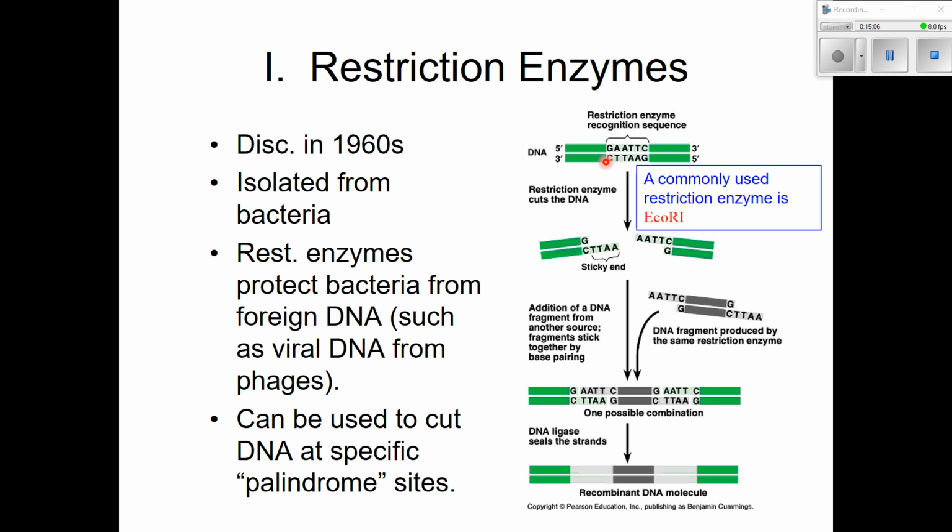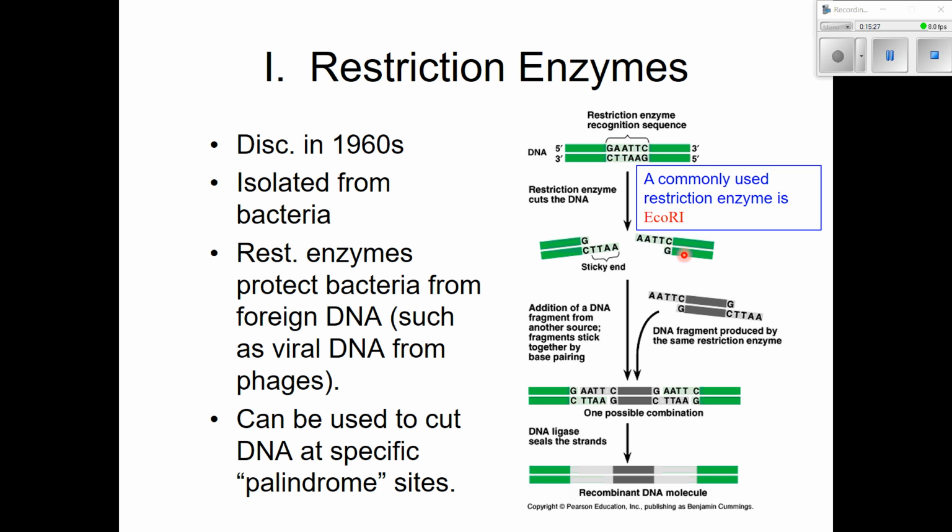Each restriction enzyme recognizes a different palindromic sequence on the DNA, and it will make a cut. It'll literally cut through the DNA, breaking it into two halves,